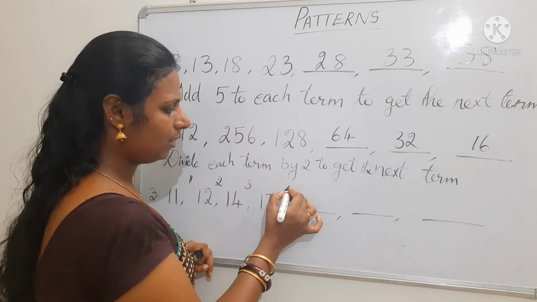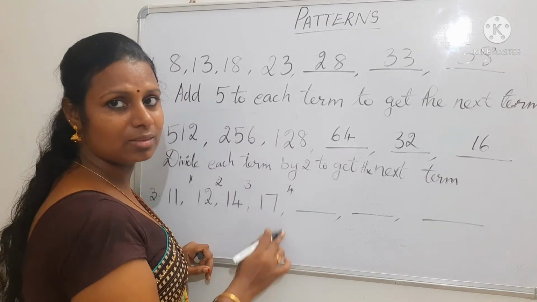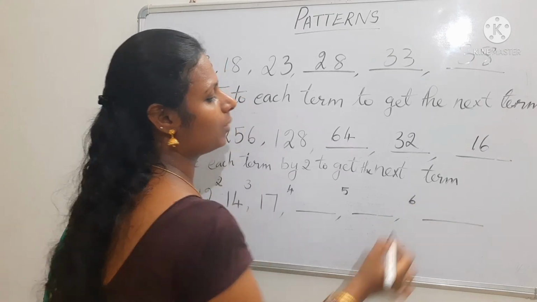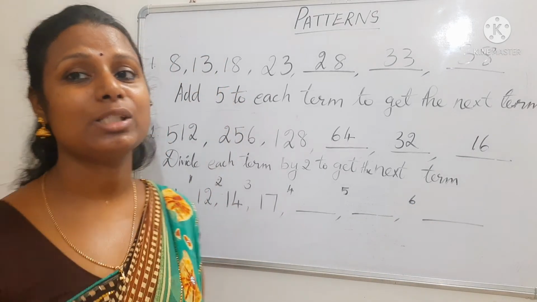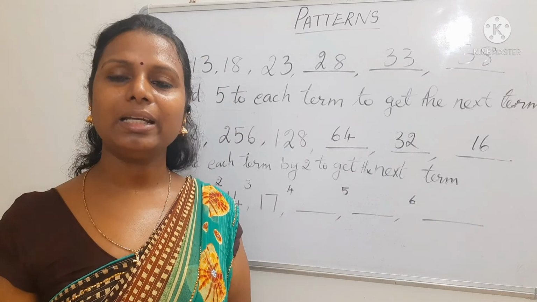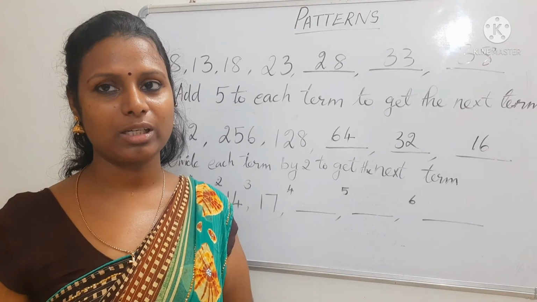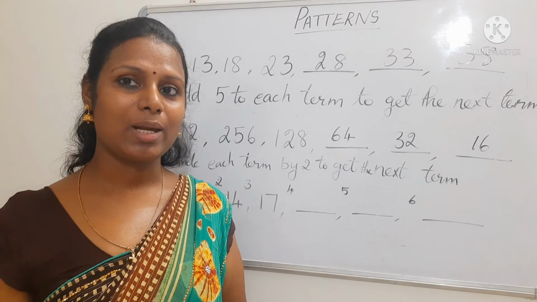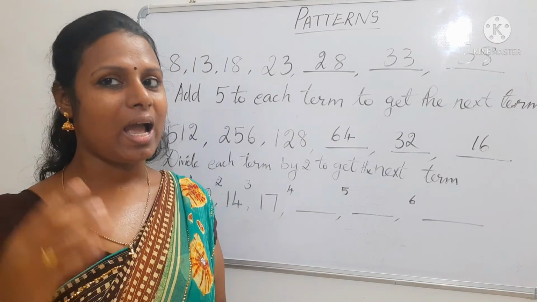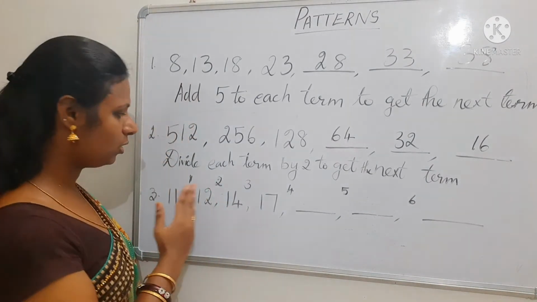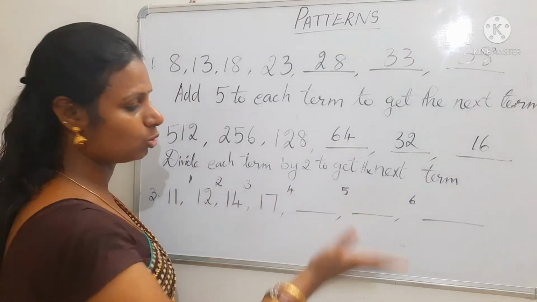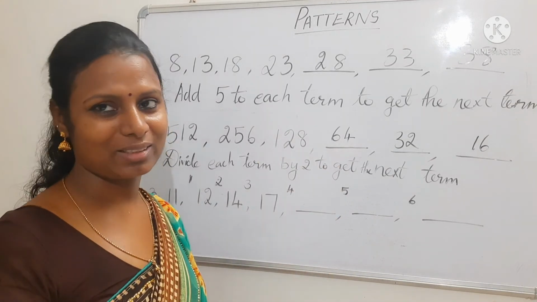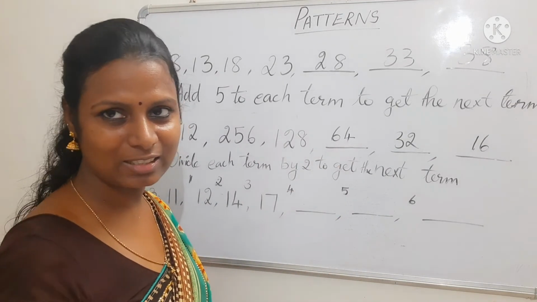1, 2, 3. Then what could be the next one? You can just think. The next we can plus 4, the next we can plus 5, the next we can plus 6. That means they are adding consecutive numbers, otherwise you can say continuous numbers. Now what can be the rule? Add 1, 2, 3, 4, 5, 6 to the first, second, third, fourth, fifth, sixth term respectively to get the next term.